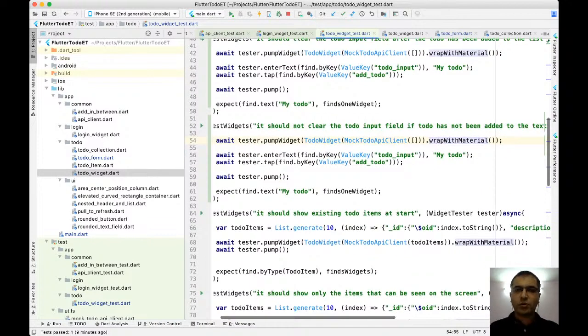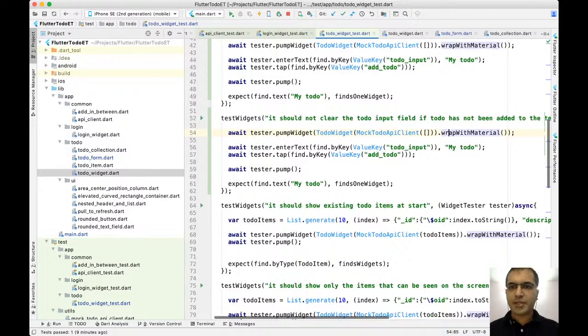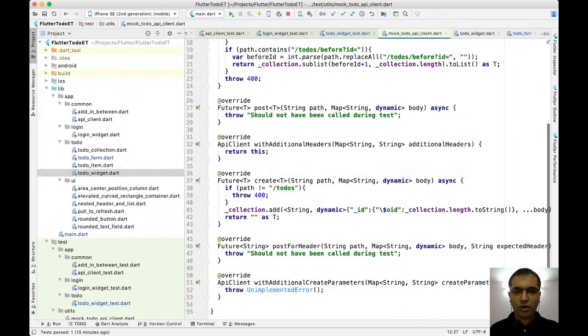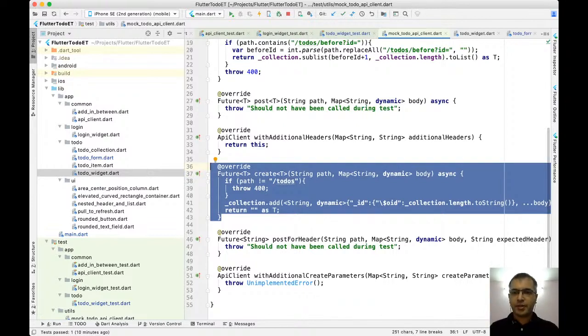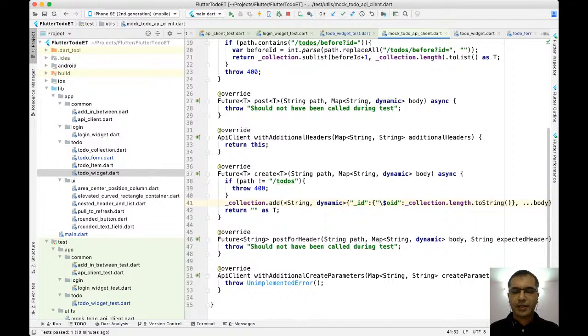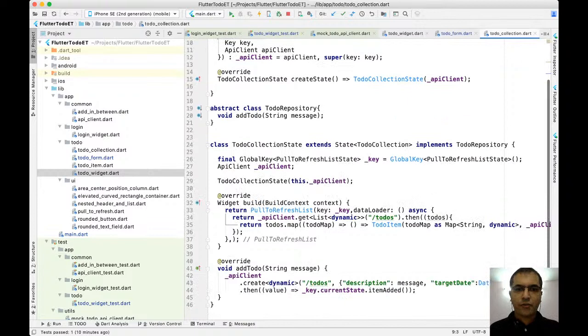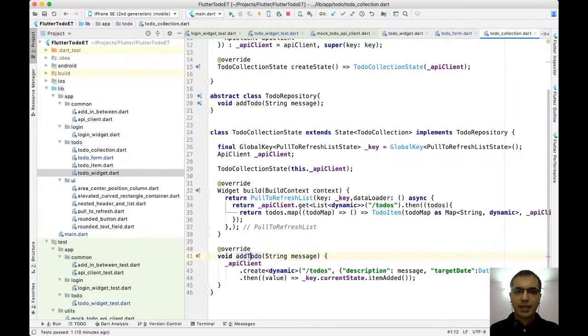Now, how is this working? How are we trying to simulate the success criteria over here? So I have this mock to do client, which is using the create method call over here, and this is the one that is trying to return me a success. What I am going to do now is, what if this create method fails? If this create method fails, then I get what I need to do, and that is going to work because in the to do collection, if the state from this add to do as well, I would now need to return my response back.